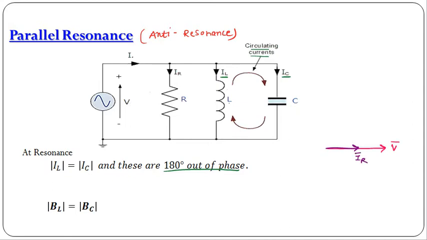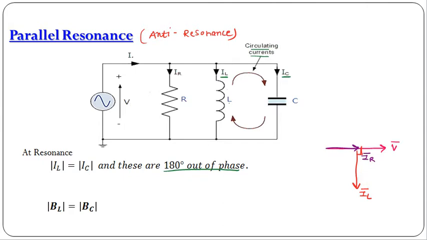Okay, now what is IL? That is the current flowing through the inductor, and we know that in case of a pure inductor, current will lag the voltage by 90 degrees. So this is the voltage phasor. If it is lagging, it means we have to represent it in the clockwise direction. Let me write IR here. So this is the IR phasor. Now we are drawing the IL phasor. The IL will lag the voltage by 90 degrees. So this is the I of L phasor, that is the current flowing through the inductor, lagging the voltage phasor